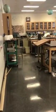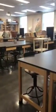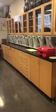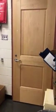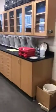Here we are in the geology lab. I'll give you a quick scan of the room and then I will walk around through it. We are in the process of cleaning this room out and trying to organize it. There is a back room that can be used for research purposes. It doesn't have a whole lot in it right now that is of any note, so I'm not going to go back there. If we come this way,